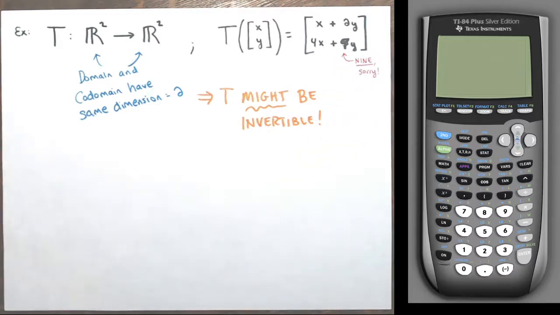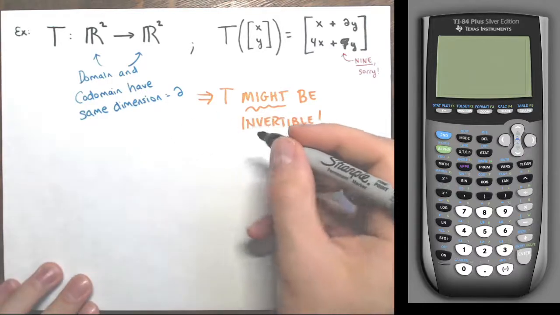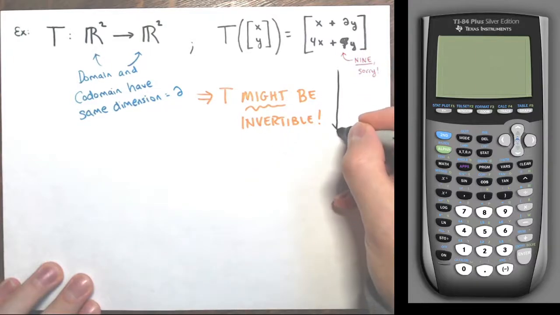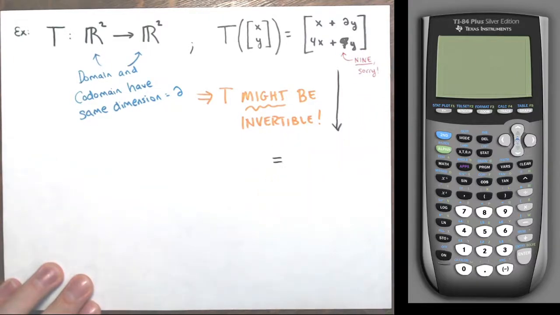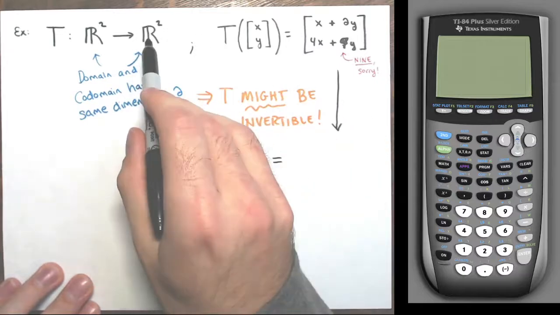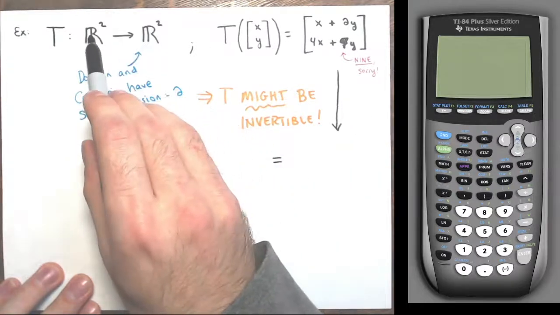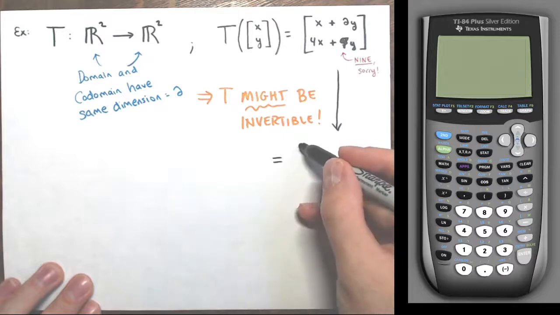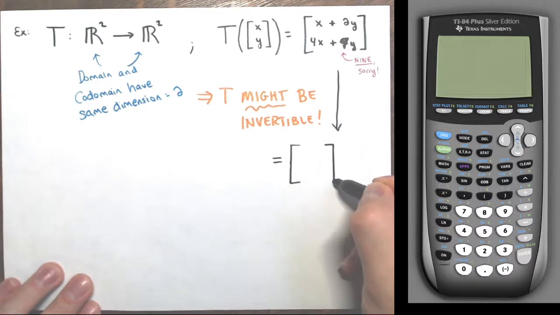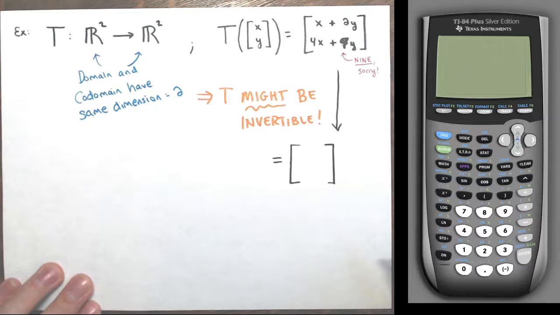Now, you've seen me do this before. It's very easy to write the standard matrix, especially in transformations between Euclidean spaces. If it's linear, you should be able to write the output as a matrix multiplied by the input vector. This is going to be a 2x2, the dimension of the codomain by the dimension of the domain for the size of the standard matrix. It's a square matrix, as we want. If it's going to be invertible, it's got to have a square standard matrix, multiplied by